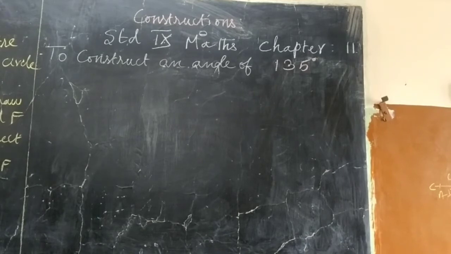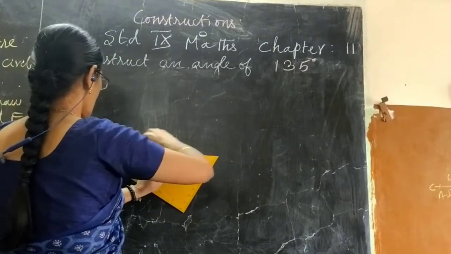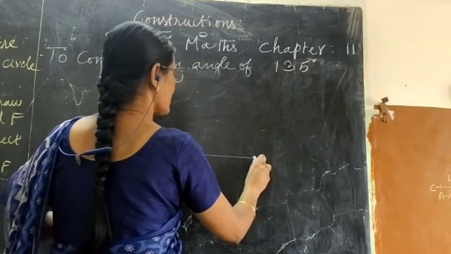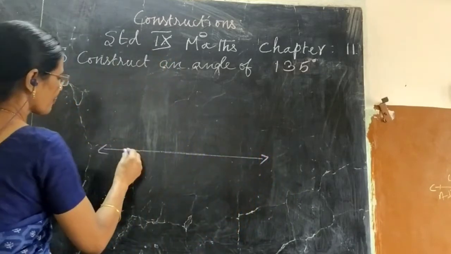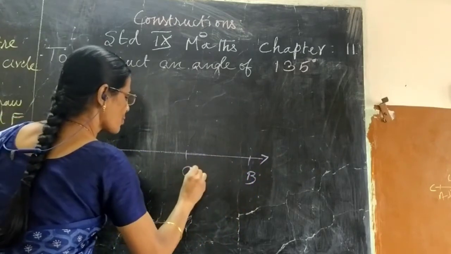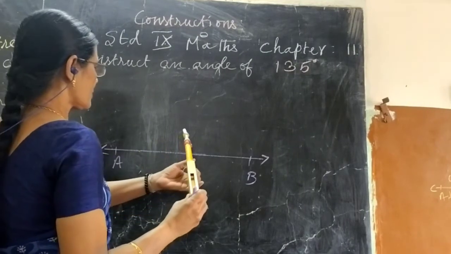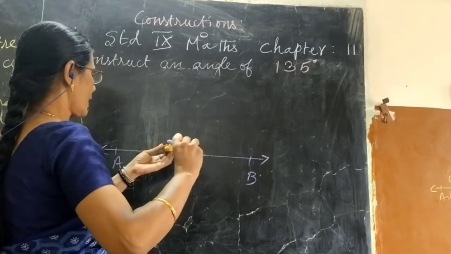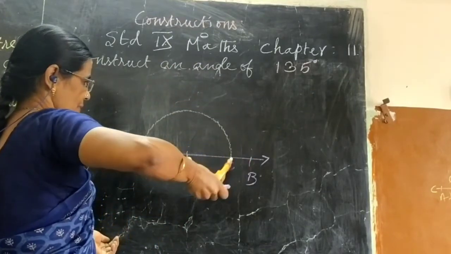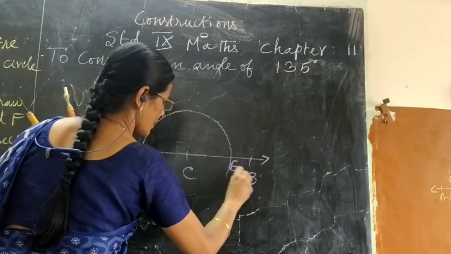Here too, we are going to construct 90 degree. Now we know construction of 90 degree very well. So we are going to construct 90 degree first. I name this line as AB. C is any point on line AB. C center and any convenient radius. Just I repeat what I said earlier. A semicircle is drawn. Let us name the semicircle as D, E.